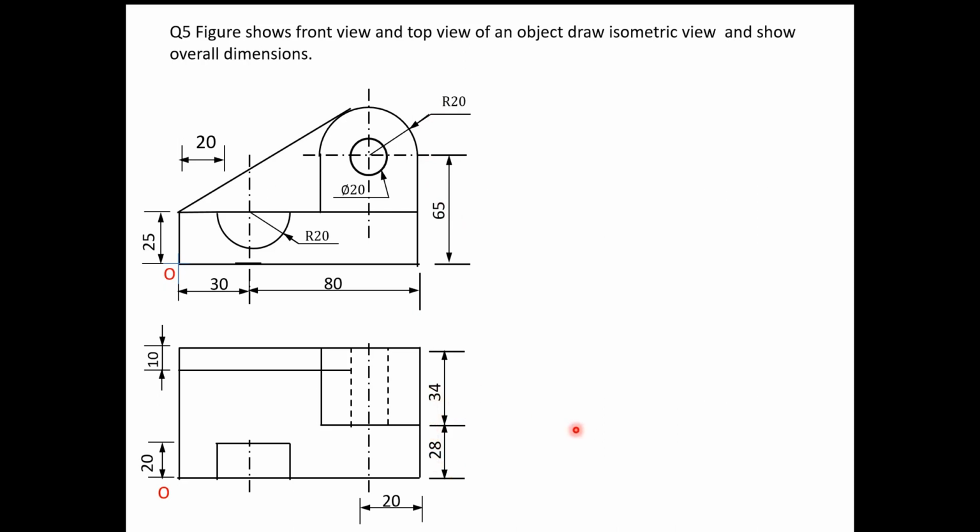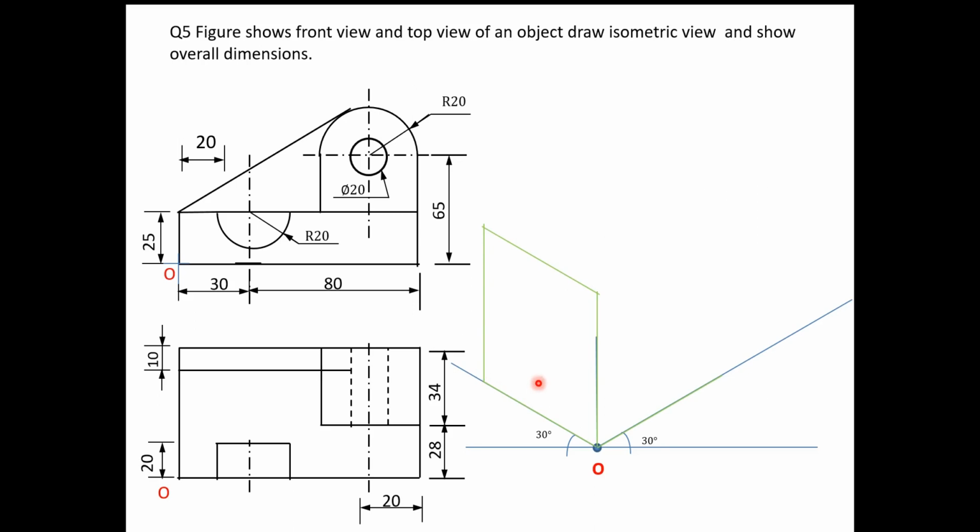Now we have the length, width and height. We will prepare the isometric box. I will mark the origin, then draw a line at an angle of 30 degrees on the right side, draw a vertical line, and on the left hand draw again a line at an angle of 30 degrees. So suppose these are the isometric axes. Now mark the length, width and height. On the left side we have to mark the width, and on the right side we have to mark the length. In this direction we will mark the length, and the height is this much. Now complete the left isometric plane, then the right isometric plane and the top isometric plane.